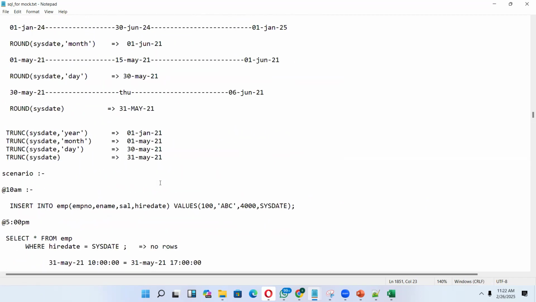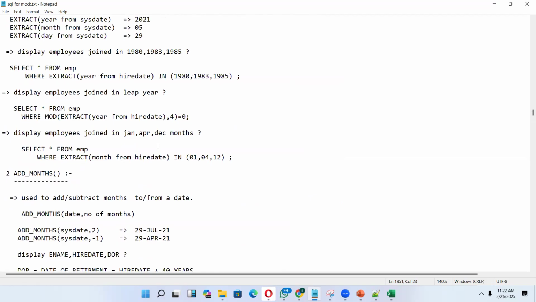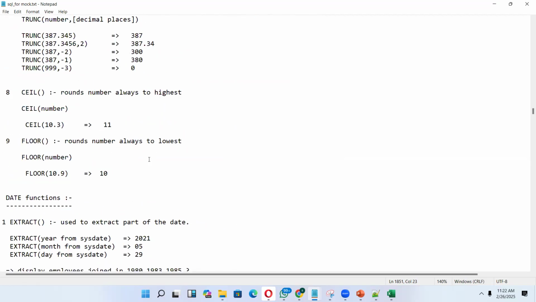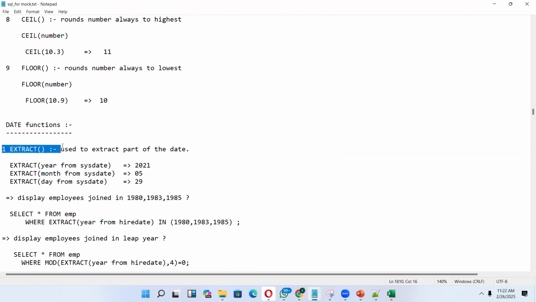We have discussed functions yesterday, right? So I'm just asking what are the functions we have discussed? We started with the extract function, right? Why do we use this extract function? We use this extract function to extract the year, month, and dates